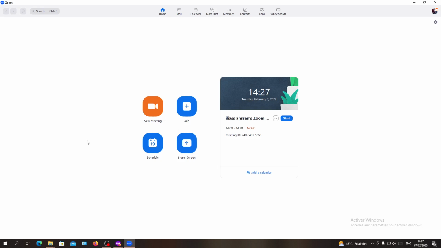After that you will need to sign in with your Zoom account in the Zoom desktop client, and if you don't have an account you can just sign in with Google or Apple or even Facebook accounts. And now you will be directed to the home page, and we will need just to join or to host